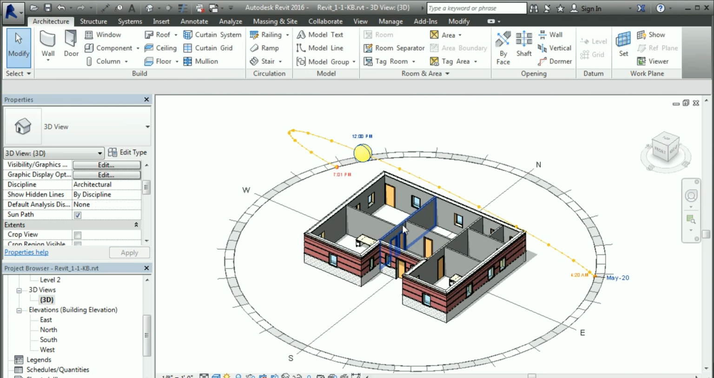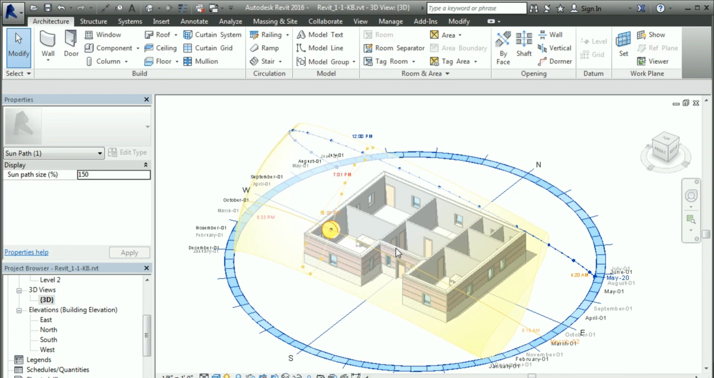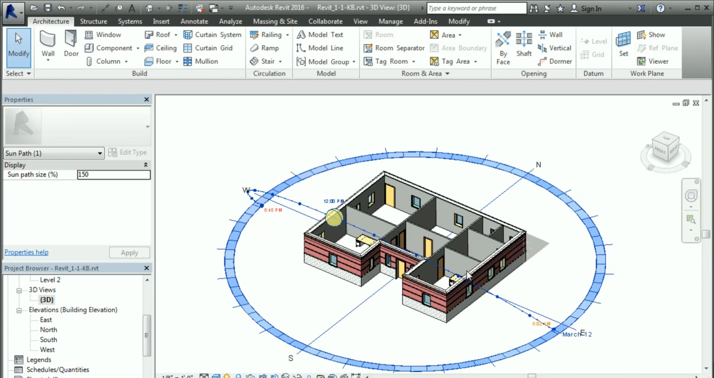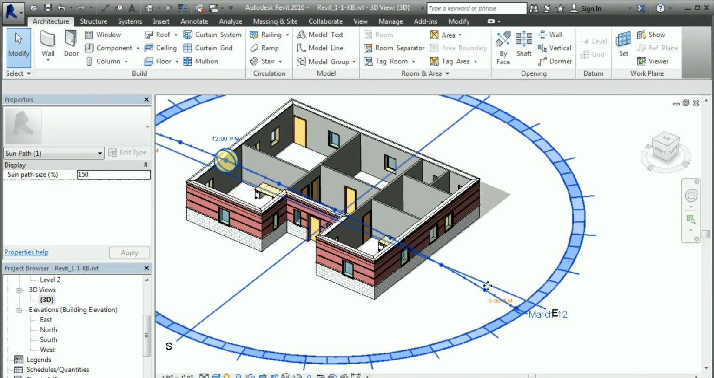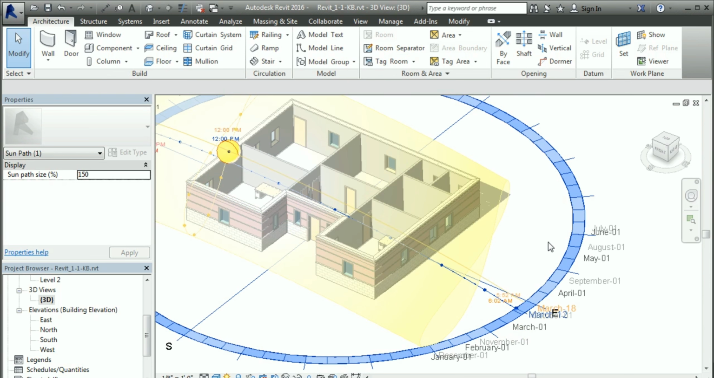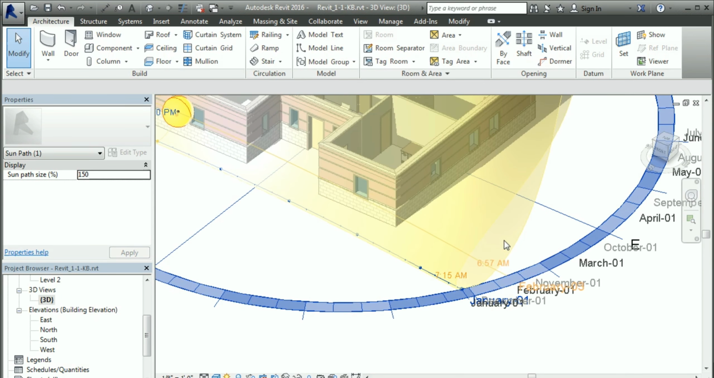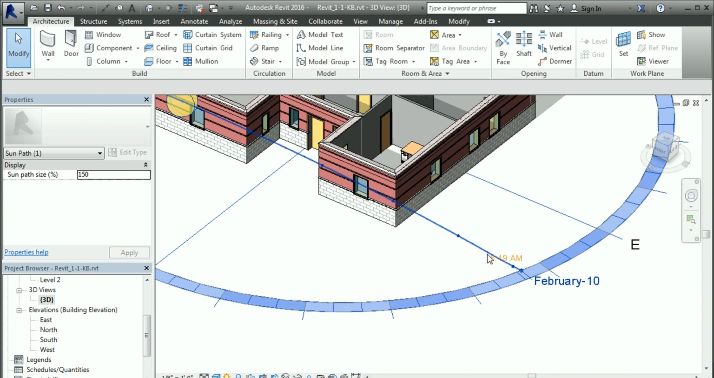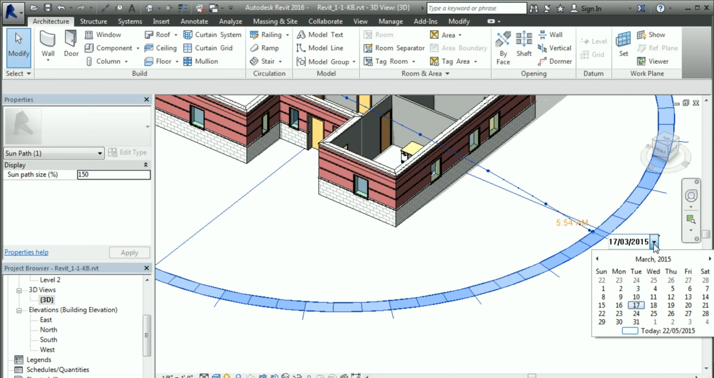If I pick on the arc and drag this, I can change the date. So I've just changed this to March. If I pick and drag, I can take this over to May or June. Or January, it's snapped back. February. And we can change the date directly by clicking in here. And I can choose another date,